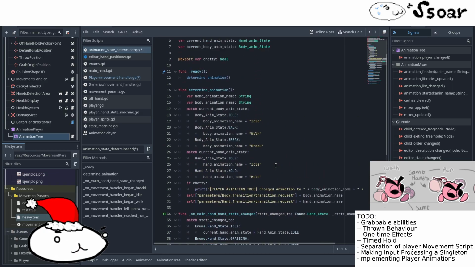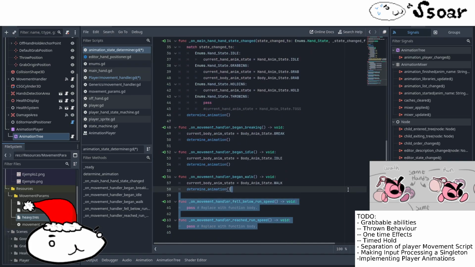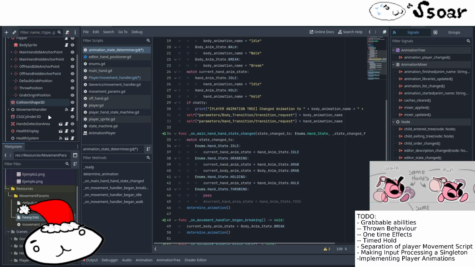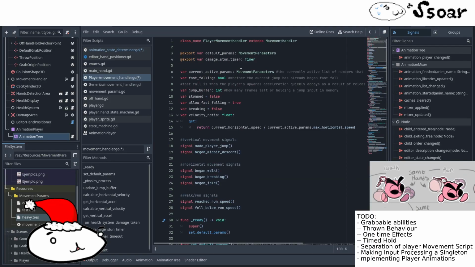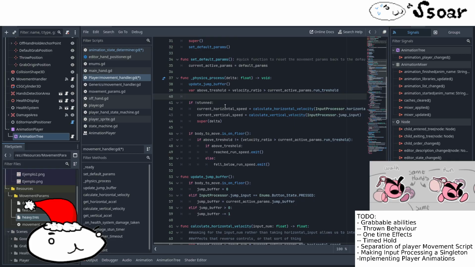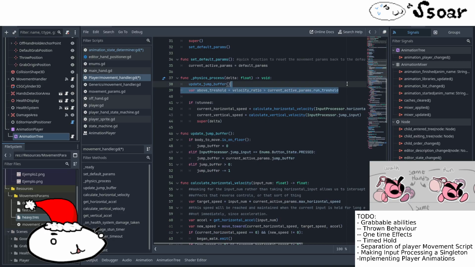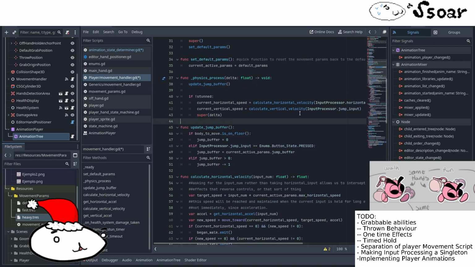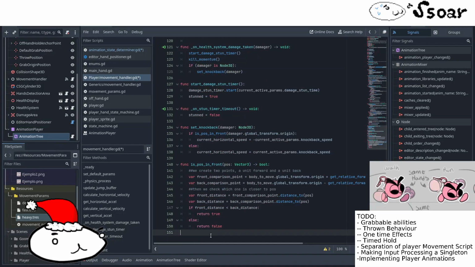I think I need a reference to the movement component. I don't think I'm gonna get away with doing this with signals. Or rather, I could do it with signals, but that's only going to complicate things. So yeah, let's not do that. The velocity ratio has to remain. We have to get rid of these two because these are not actually useful. What I want to do is create a function that returns me that value. Right, so we're gonna put it at the bottom because this is not to do with anything about the movement. It's purely animation stuff. So function